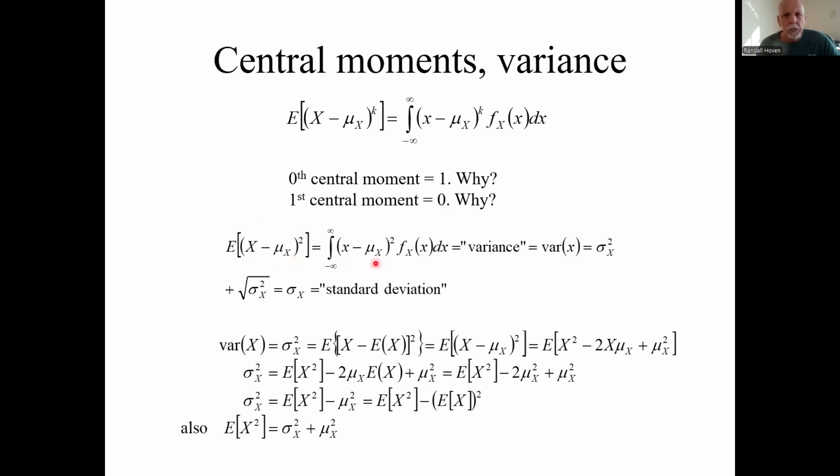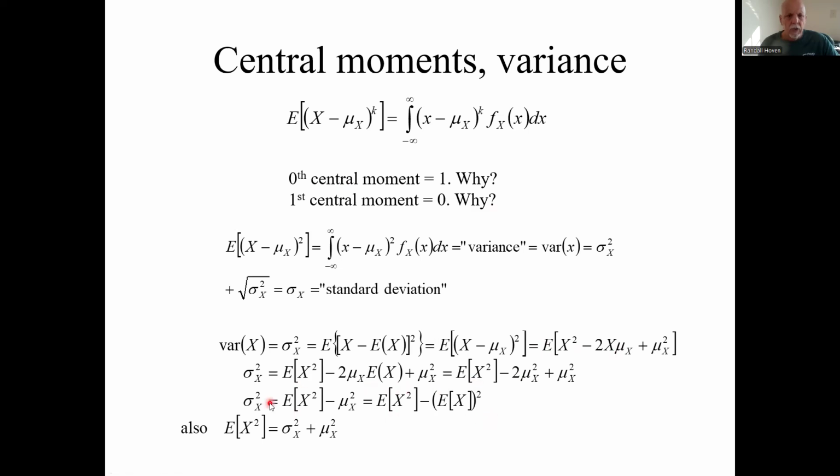This second central moment is called the variance. The square root of that guy is called the standard deviation. This is all pretty basic stuff. So the variance of x, you can use this notation. What it means is this. It also means this. You could multiply this out, and you'd have this. Then because it's a linear operator, the expectation of this whole thing is the expectation of the individual pieces. And these mu's are constants now. They're not random variables, so they can be pulled out. And you're left with